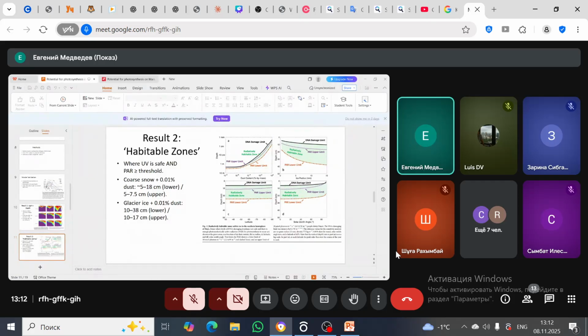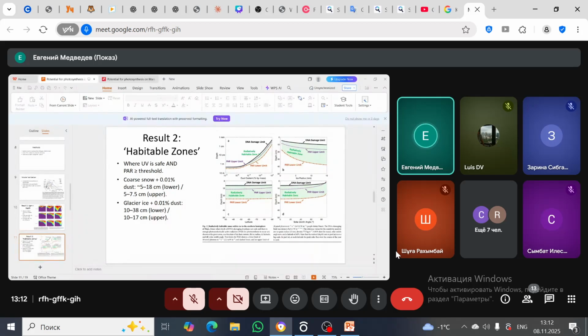And dust was used as in the previous slide, 0.01 dust by mass. Solar zenith angle is 0, and the latitude is 40 degrees. And you can note that the vertical depth axis in part A is on a logarithmic scale. In part C, at each latitude, the peak solar flux over the course of the year is used.